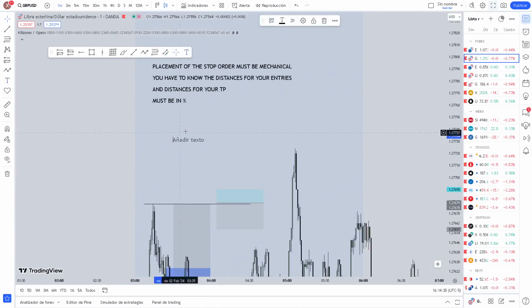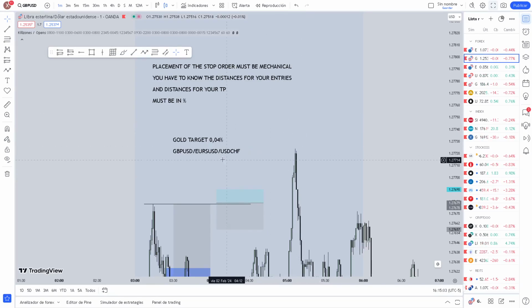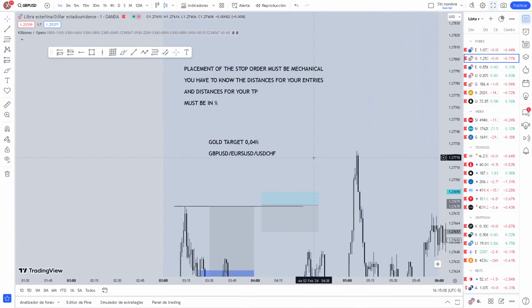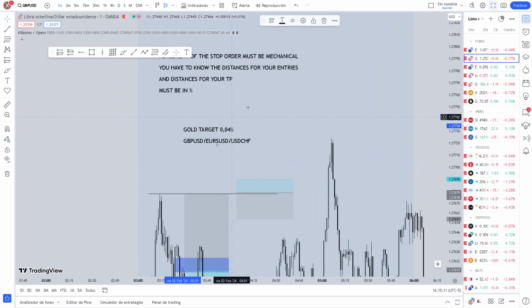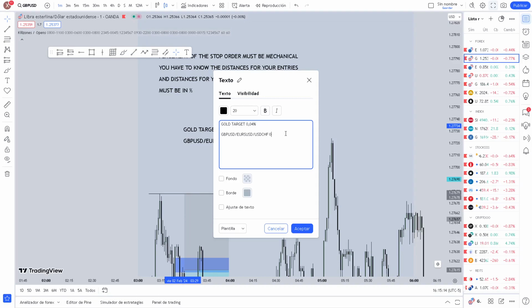So now for percentages, on gold, it would be a target of 0.04%, and on GBP/USD and EUR/USD, any USD pairs, or USD/CHF or USD/JPY, I have to review this one. I don't know yet. But any USD pairs at the moment, for stock pairs I will talk about. But for any United States dollar pair, yes, it would be 0.02, right? And the distance for the entries